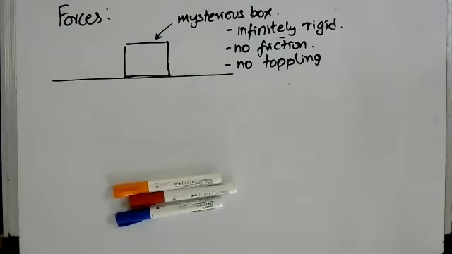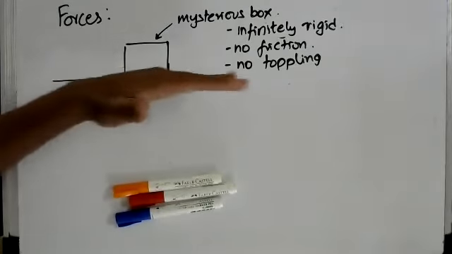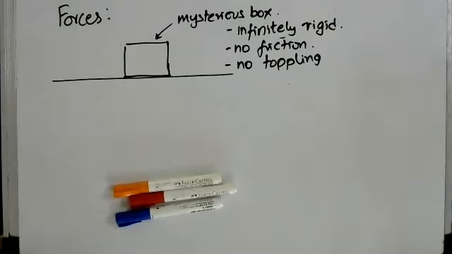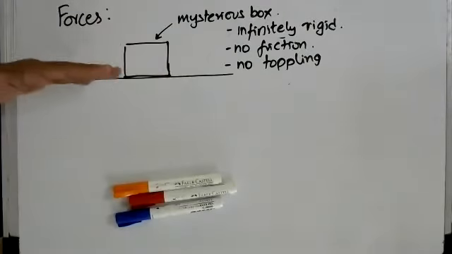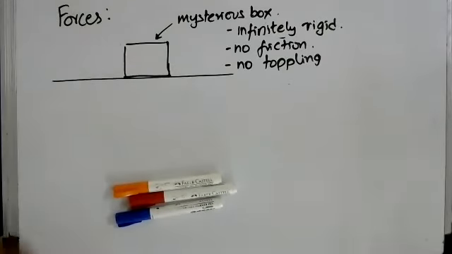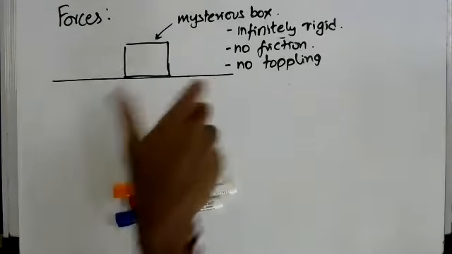First property. Second property is, unless stated otherwise, this box does not experience any friction with the surface that it is in contact with. So it can smoothly, without any friction, move in either direction. And of course, it goes without saying that the object can move. And then the other thing, which may seem a little mysterious to you again, is that the box cannot topple. No matter how you apply the force, whether you are applying the force here or here, or anywhere else for that matter, there will be no toppling taking place. That means the object will not turn.